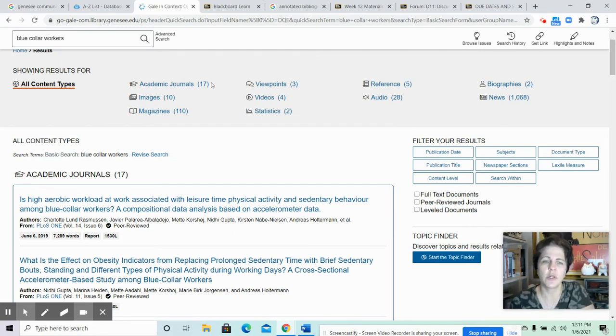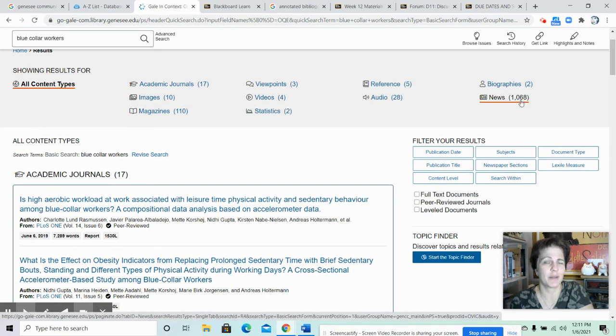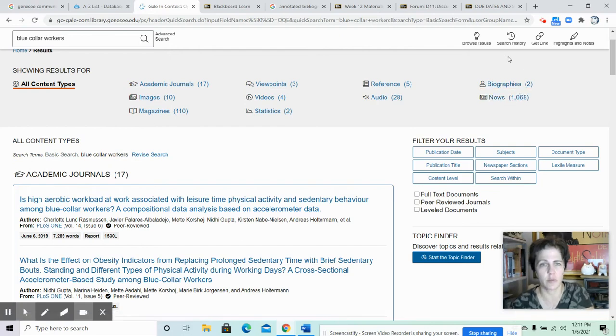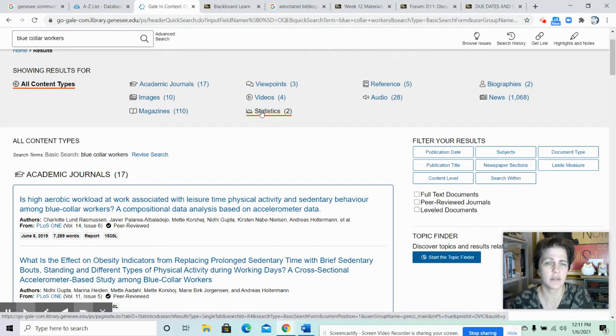But you could also look up here into, say, news articles. Those are magazines. They have a lot of pictures. You could use PDF files to see the way it was originally published in a magazine. I'll show you the picture document file, right? PDF. And you could also look at audio. Or now this is nice because it also has videos that talk about the topic, and statistics. Images, you could cite an image, right, and talk about that in your paper.